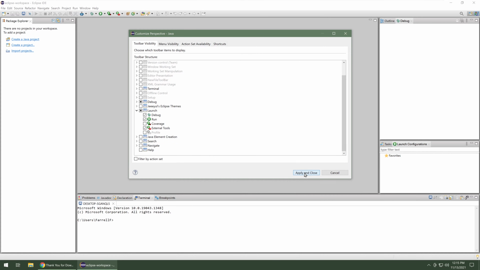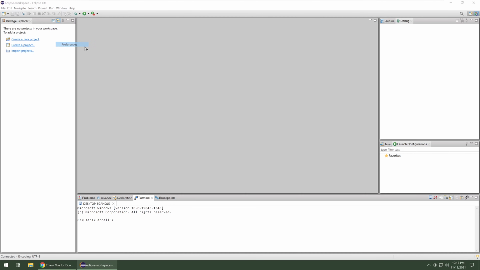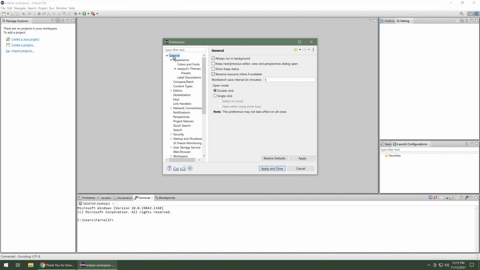And then if we go to Apply and Close, we now see that it's much more compact. So I thought I'd also go through a lot of the preferences and point out some of the ones that I wish I would have known about earlier. So if you go to Window, Preferences, the first one is,